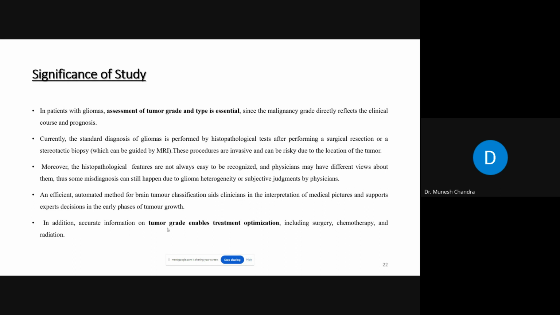But if it is malignant type and still in grade 1 and grade 2, then also we do not have to be bothered, we can take corrective action. But if it is in grade 3 and 4, then we have to go for surgery, chemotherapy and other options available as per the suggestion of the medical practitioner. So this is the significance of the study: if the patient knows the exact picture, then he can decide the next course of action required to recover from that particular problem.